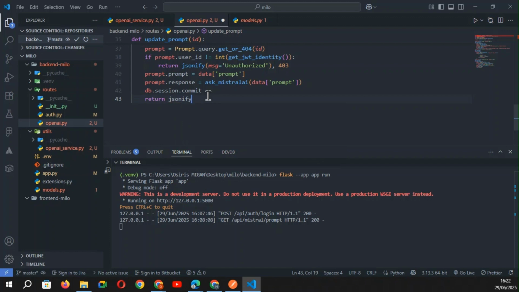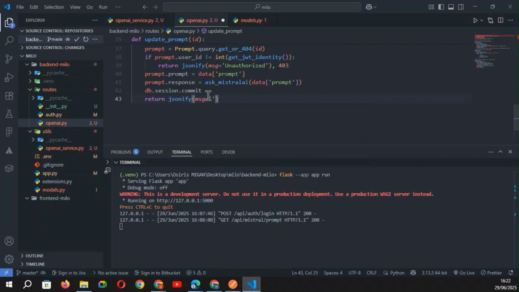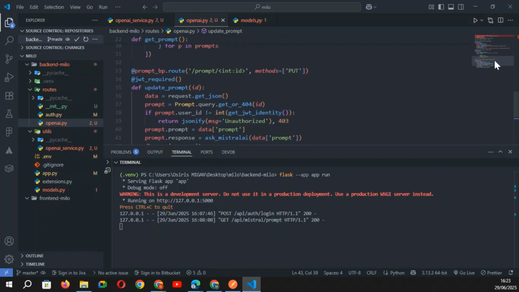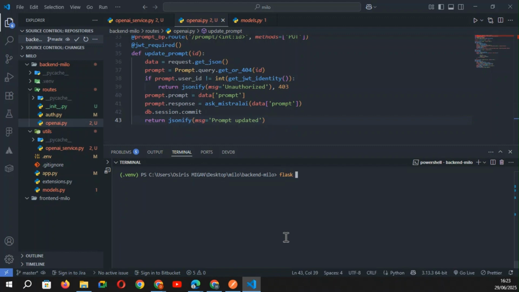a JSON file, message, prompt update, so I can save. Okay, we are good. So we can try. I start a server,